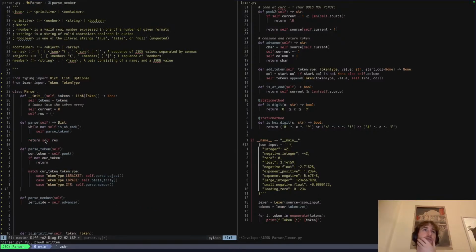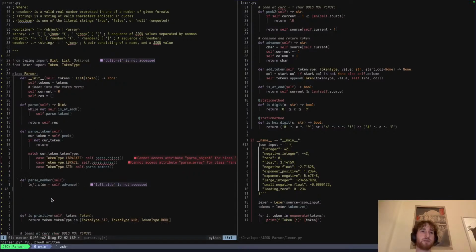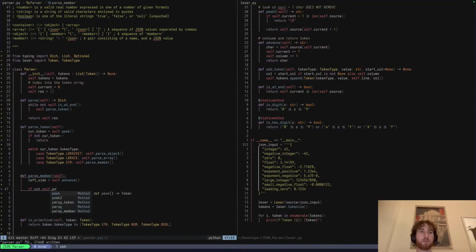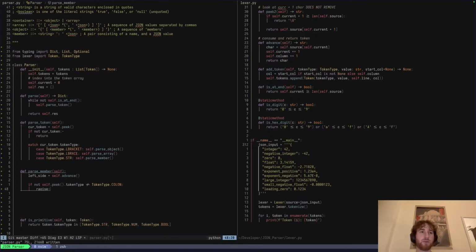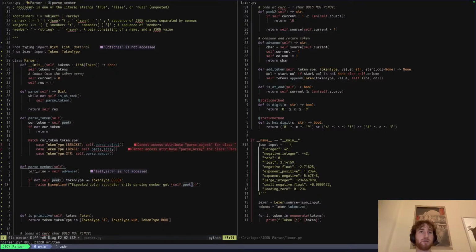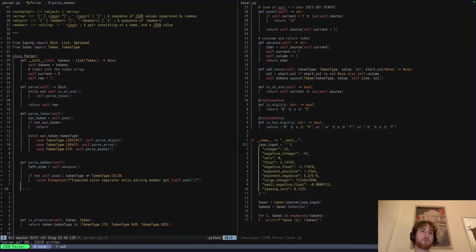And then after that, we need the next token to be a colon. So if not self.peek, or if that token type is not equal to token type dot colon, we want to raise an exception. Raise exception, expected colon separator, while parsing member got self.peek. Okay, so now we're fine to move forward, which means we then need to match